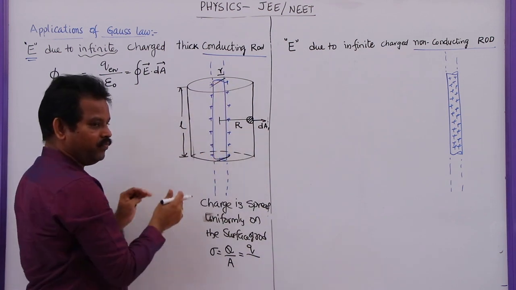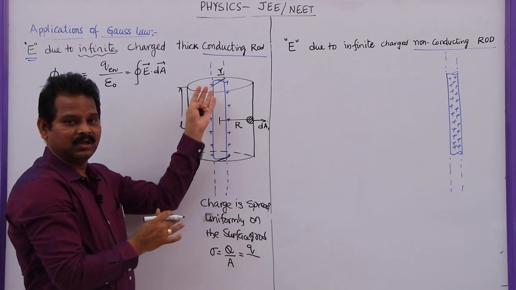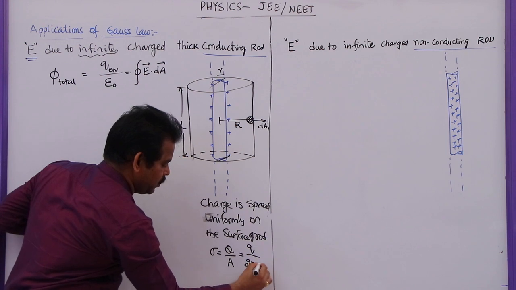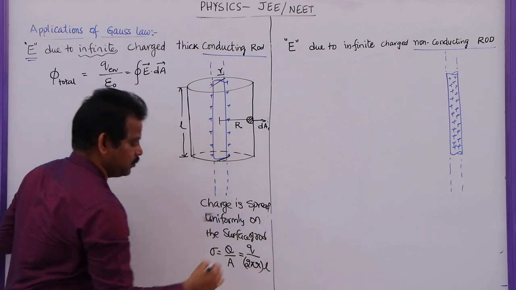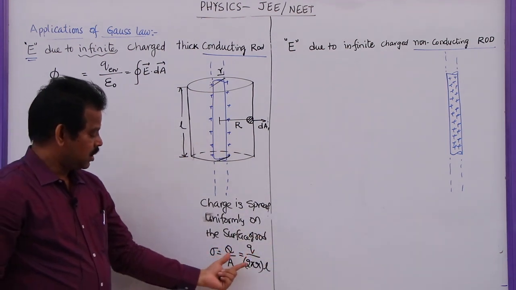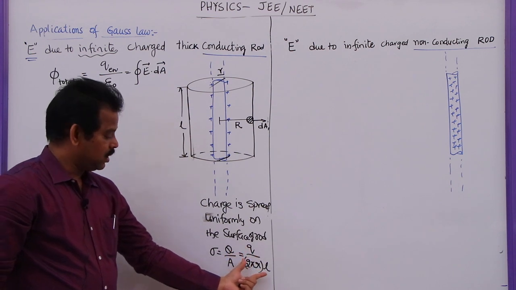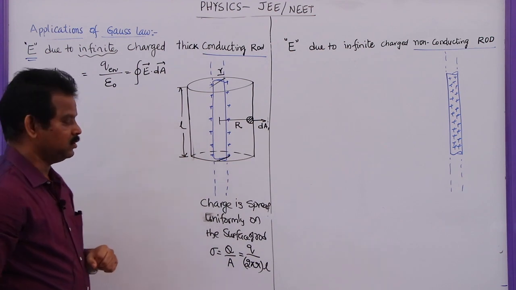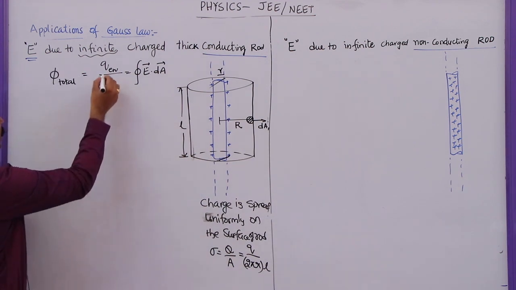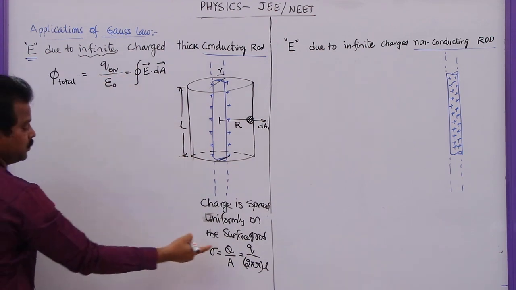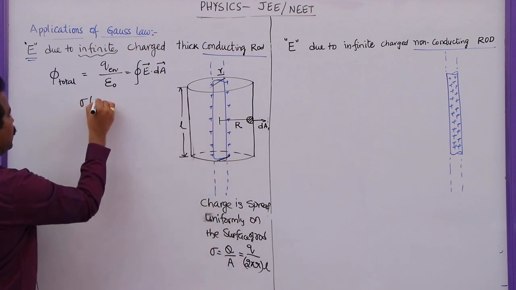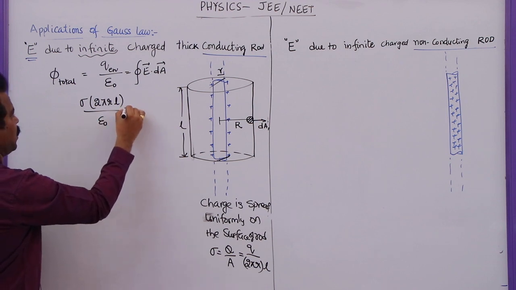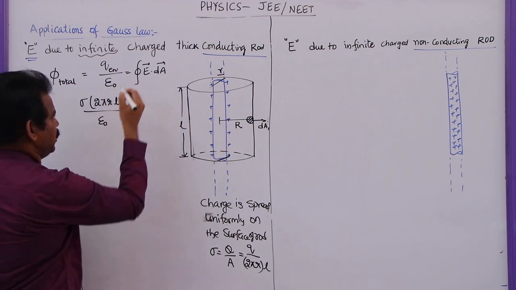Length of this rod, which is enclosed by the cylindrical Gaussian surface, is L. So we can write 2 pi r into L. So this is the charge and this is the surface area enclosed by the cylindrical Gaussian surface. Now here, let me write this one. The enclosed charge is given by sigma 2 pi r L by epsilon naught, which is equal to,